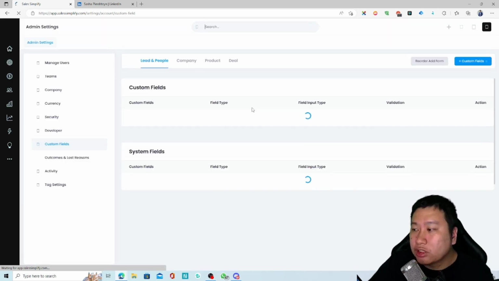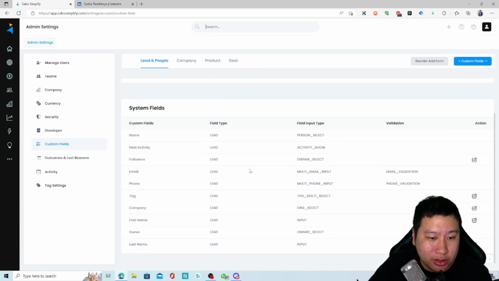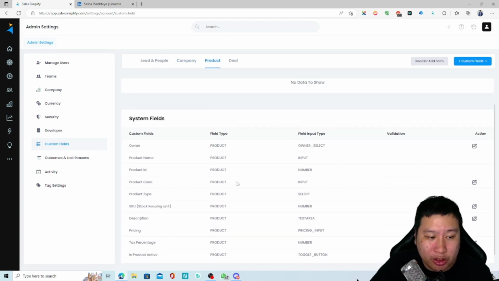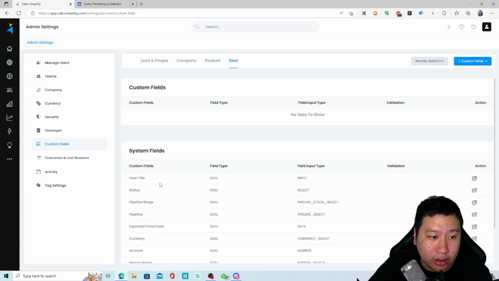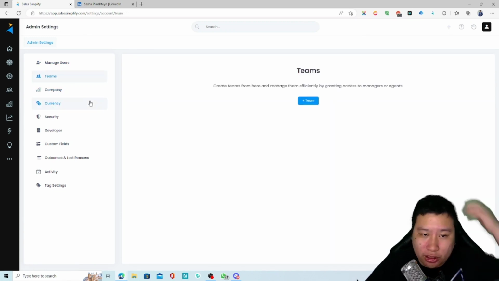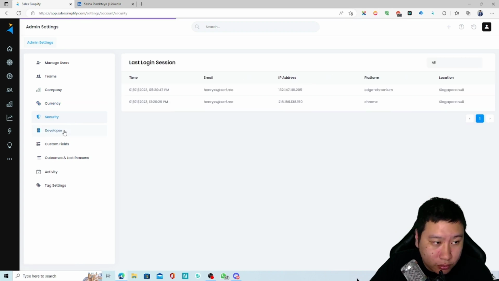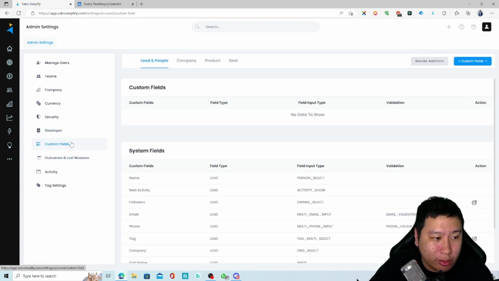Okay, so they do support custom fields as well, so you can add more custom fields if you want to. Company data as well for additional custom fields, and product information as well. And your due as well. Right, you can set your currency in the settings. You can invite your team member, of course. Okay, so this is where you set up your API keys for integration,